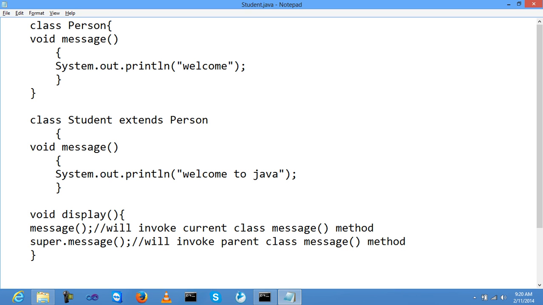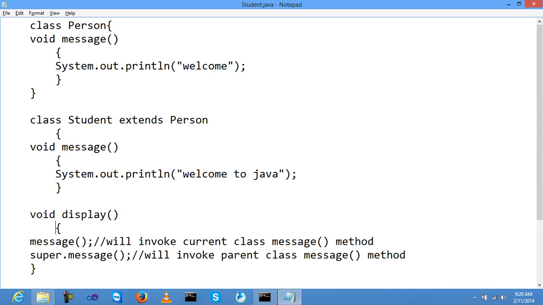It's called method overriding, not overloading, right? So this is the method overriding part. Void message, System.out.println welcome to Java, right? Now void display. This is my last method, and inside the method I call the message.